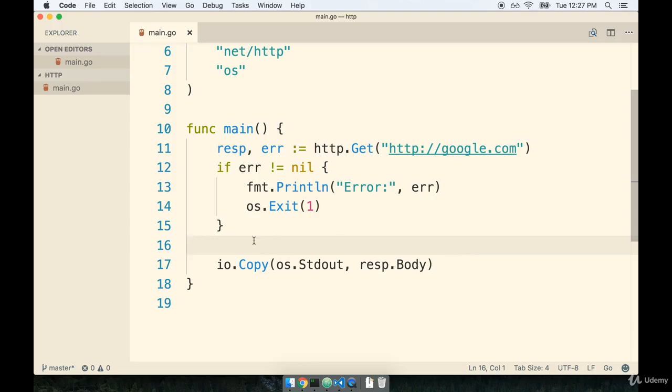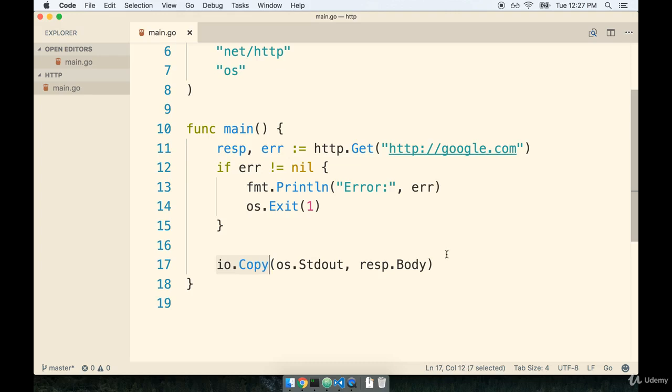In the last section, we started talking about the io.copy function that takes a first argument of something that implements the writer interface and a second argument of something that implements the reader interface. And so by passing in resp.Body here and os.Stdout here, we are saying these are two values of types that implement their respective interfaces. Now we're going to start looking at the actual source code of this copy function right here